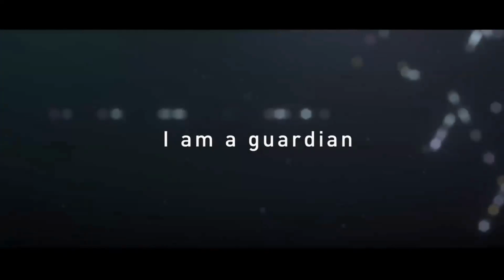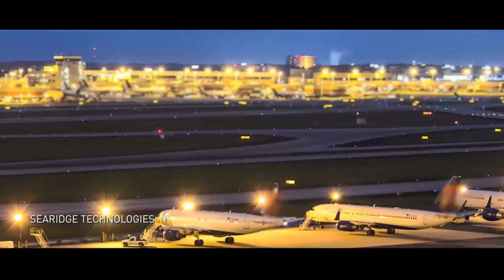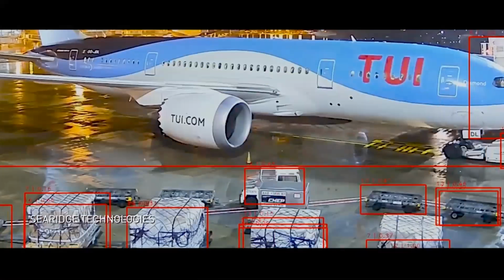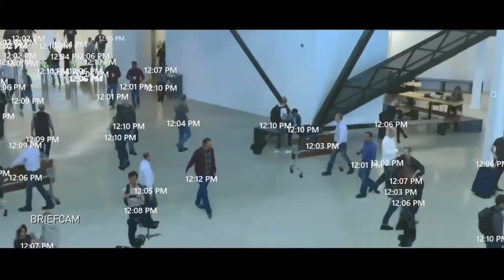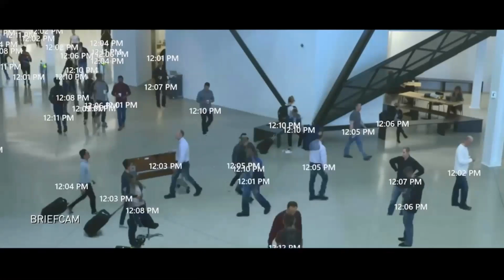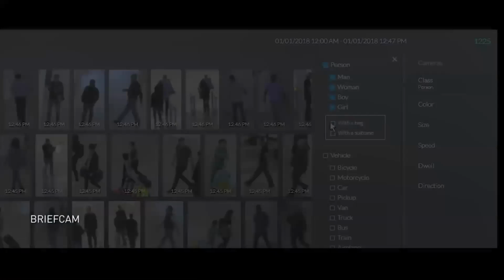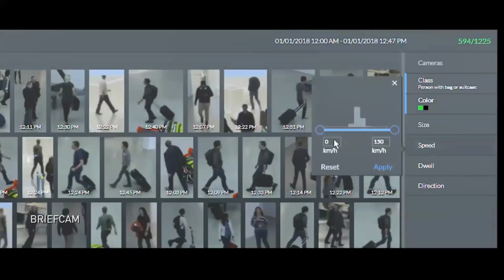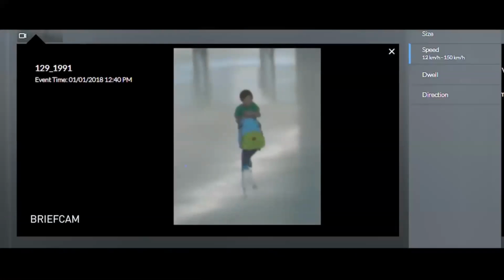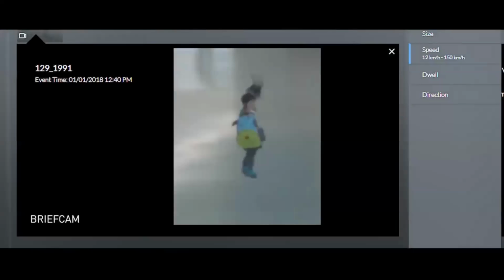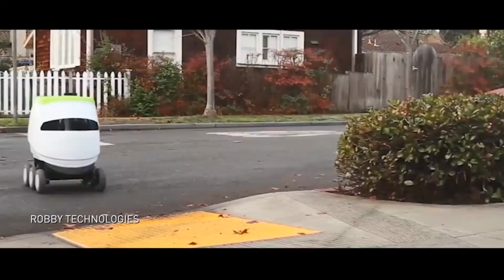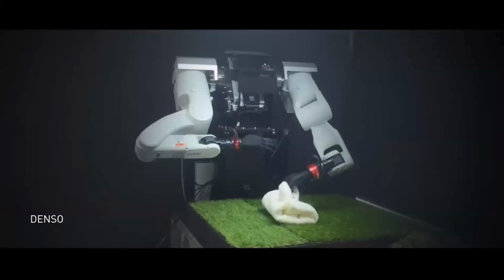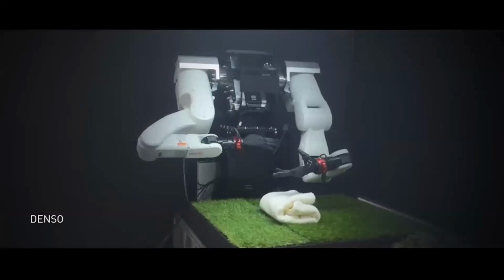I am a guardian, searching a mountain of data to keep us safe when we travel. And a sea of people to find a lost child. I am a helper, powering autonomous machines that simplify our lives.